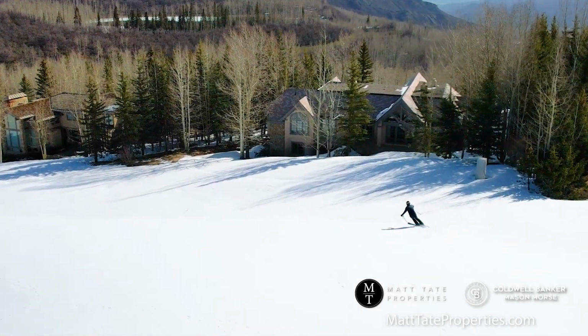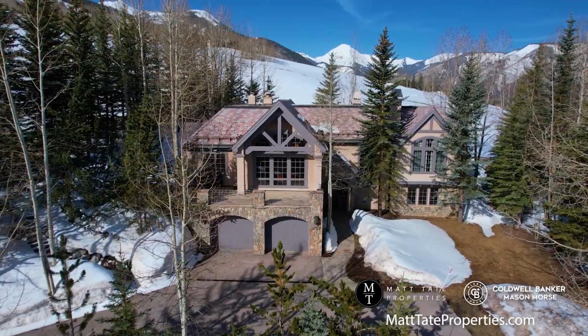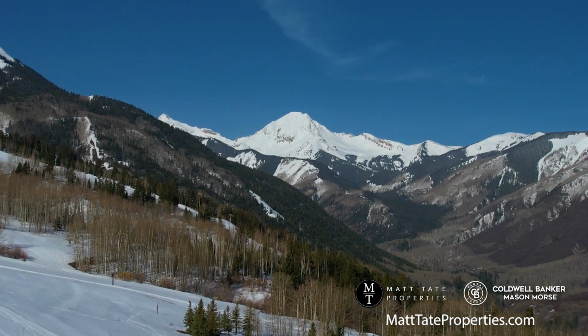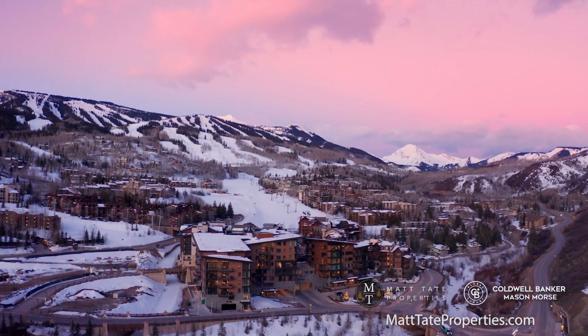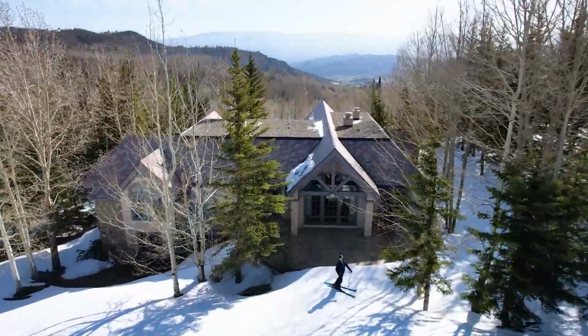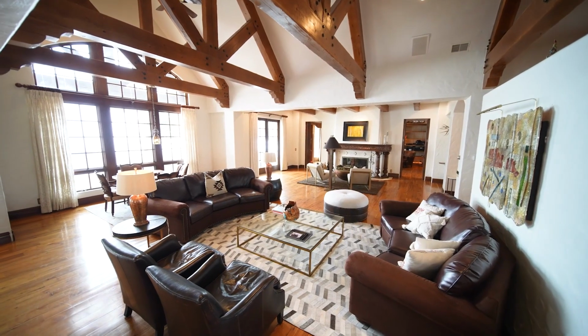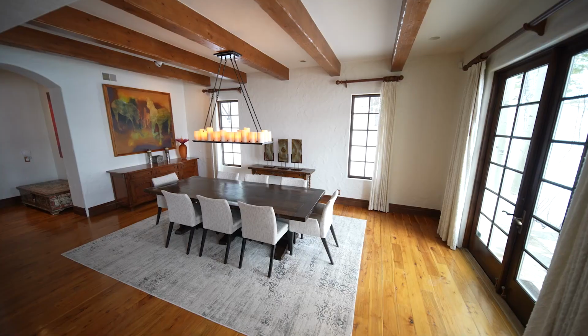Nestled in the trees along the slopes of Snowmass Mountain, this classic mountain estate is surrounded by world-class amenities. It's amazing to have the privacy and the exclusivity that the Divide neighborhood offers and still be just minutes to Snowmass Village. It's very rare in today's market to find a home with ski access. This provides that. 5 bedrooms, over 5,600 square feet, mountain views, and an open floor plan that's perfect for any